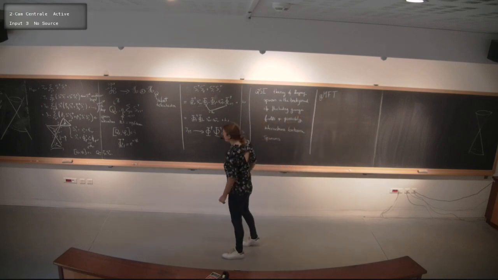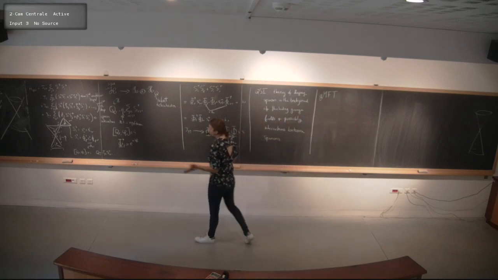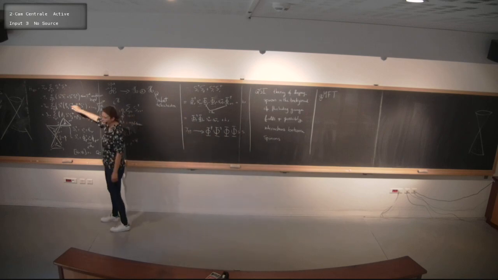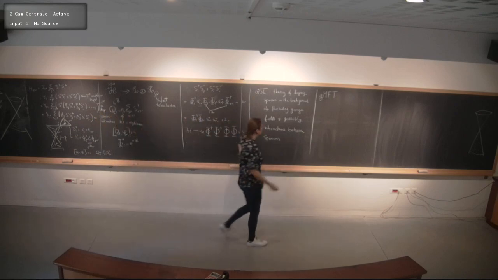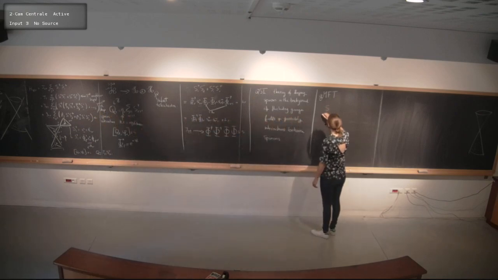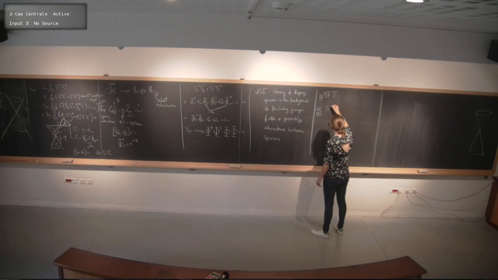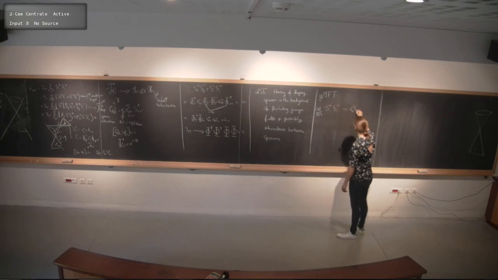What I want to point out is if you had done a regular Curie-Weiss mean field theory on the spins directly, on this kind of S_i S_j Hamiltonian, you replace this by